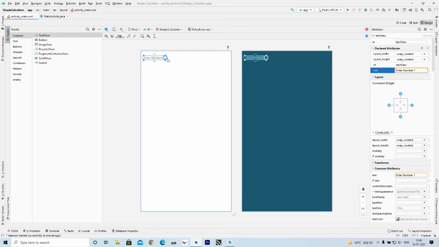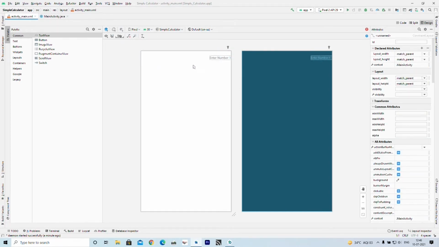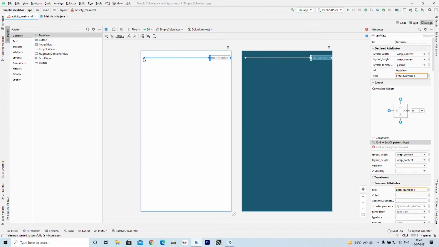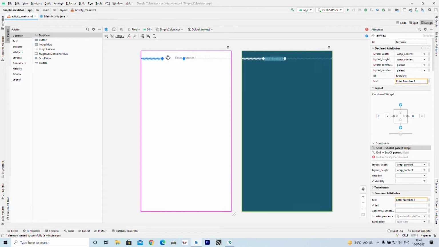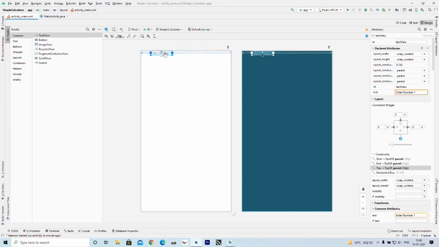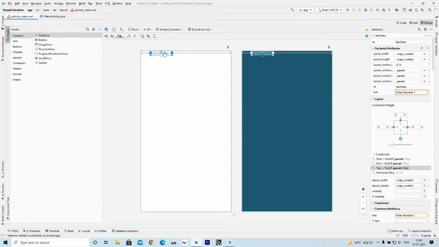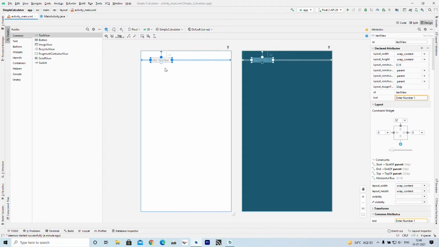What I have to do is add a constraint. So this is enter number 1.